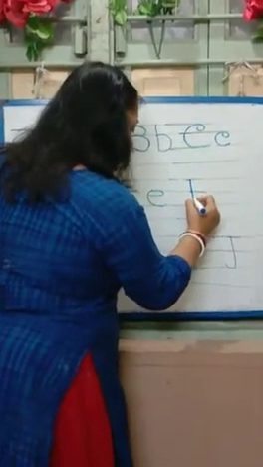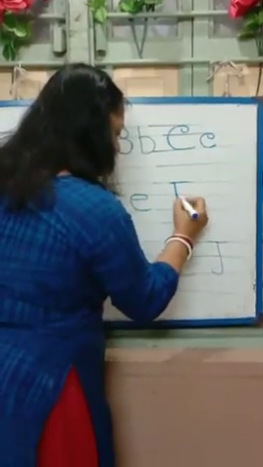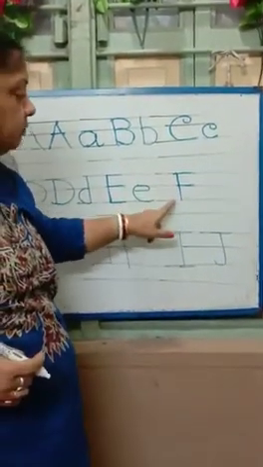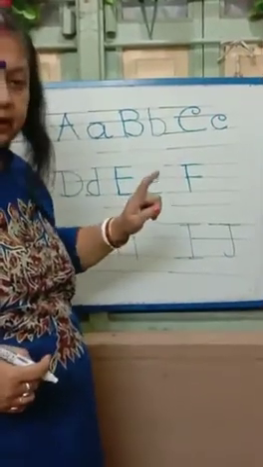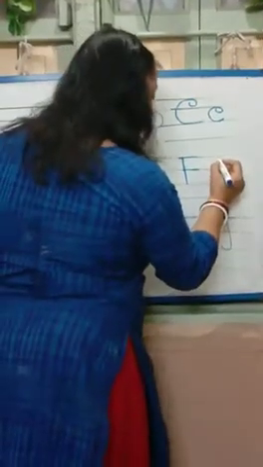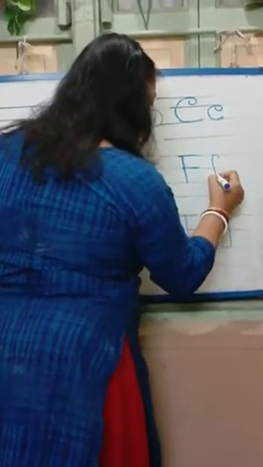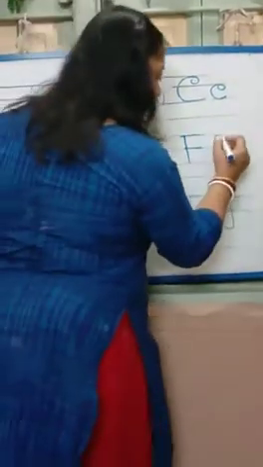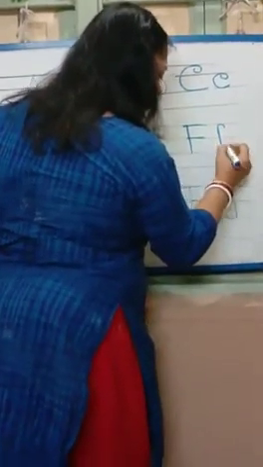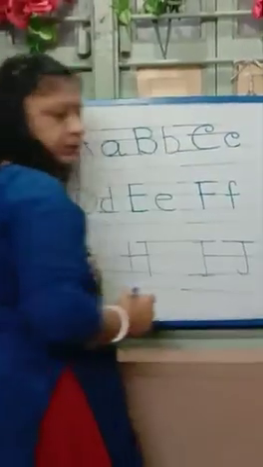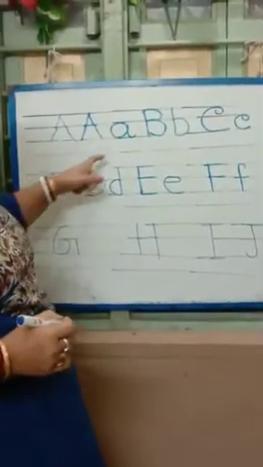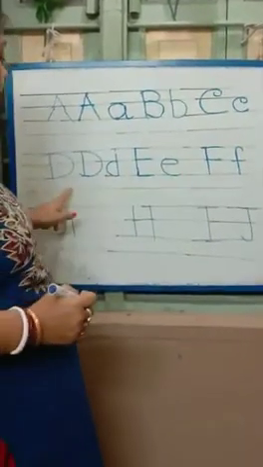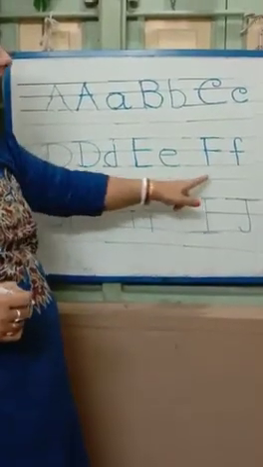Now for F, what are we doing? We are doing one straight line, 1 and 2. Don't go on to the third line. So one standing line and 2 slipping lines. For small f, we are moving from the straight line, just do a curve like this, then do a standing line, and in the second line you give a dash. Followed everyone? So here comes capital A, small a, capital B, small b, C, small c, D, small d, E, small e and F, small f.